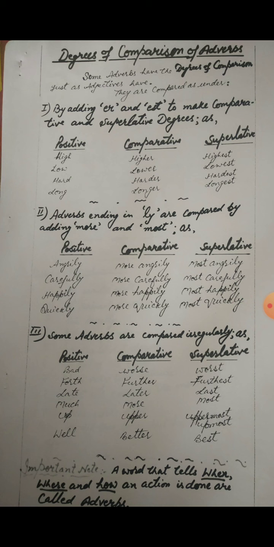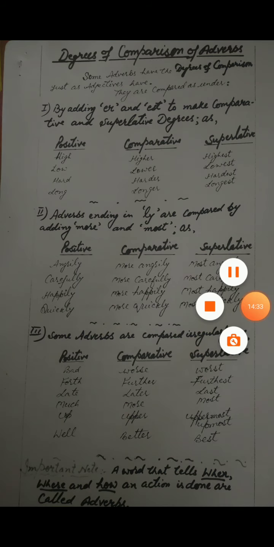अब यहाँ पे एक चीज नोट करने वाली है. A word that tells when, where and how an action is done are called adverbs. Now in the end I will ask students to complete the sentences from given below adverbs. Below, near, everywhere, fast, there, where, up, out, seldom, outside. पहला है